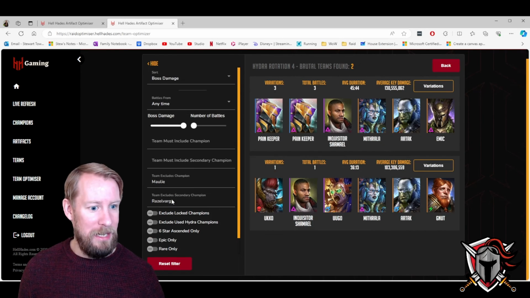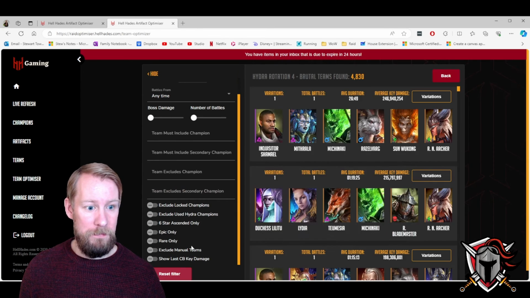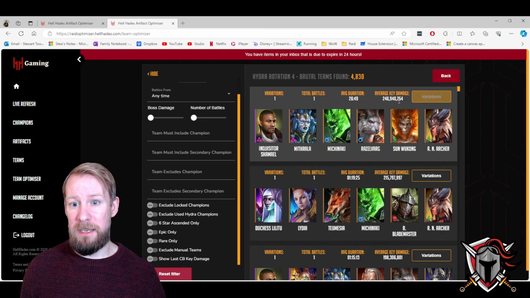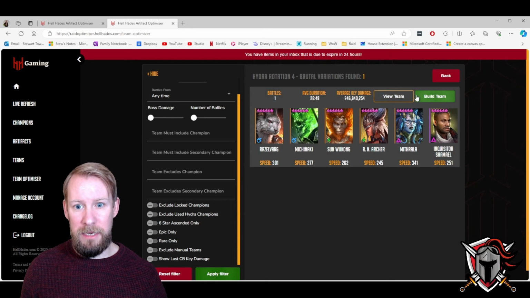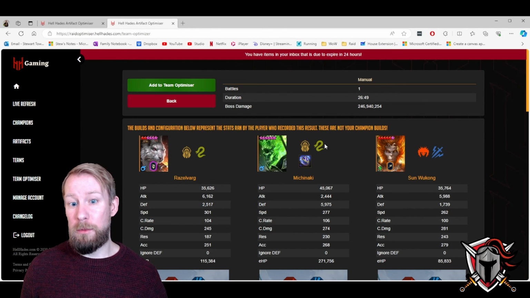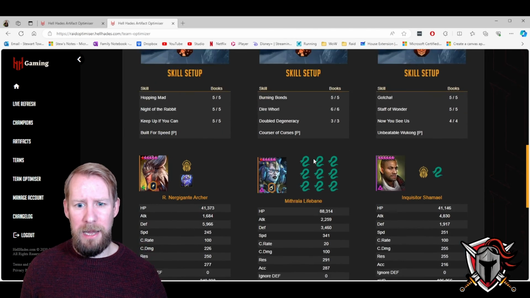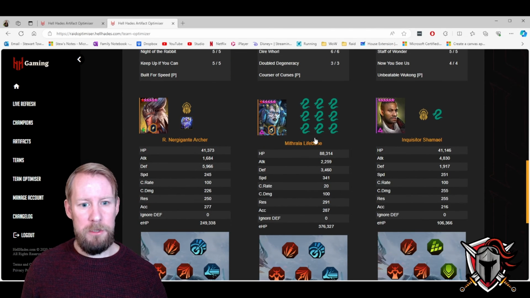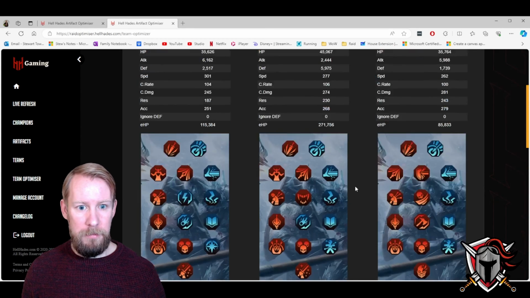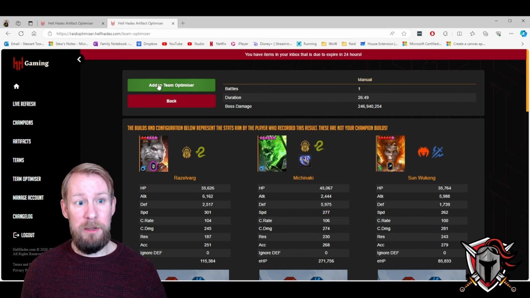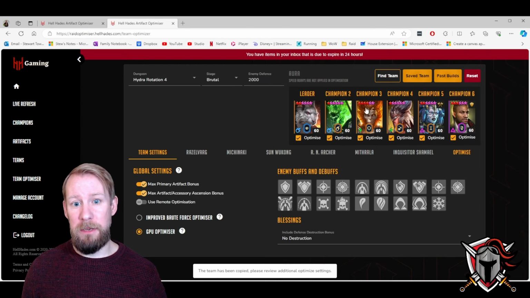Interesting. Or you might say, do you know what, just look at everything and just see what's my best team. You can click on variations and it will show you if there are multiple people running the same team, and then you can view team and it will show you all the builds. I think this might be a premium feature, but it gives you all the stats and all the stat priorities that are set up for that team. You can add them to the optimizer, so if I add them, it'll plug all those champs in,